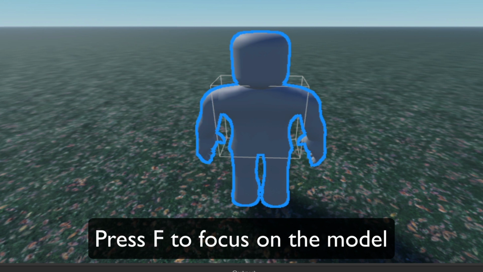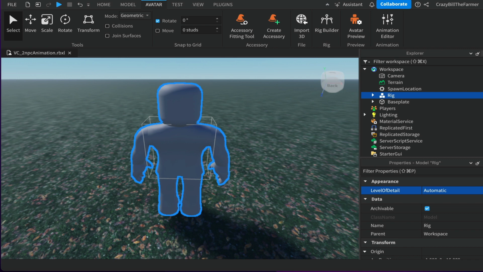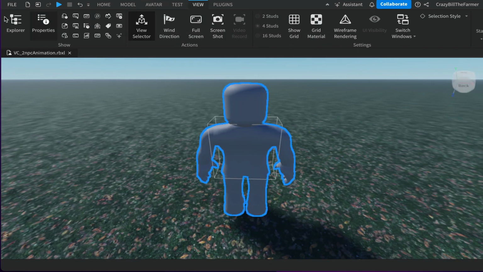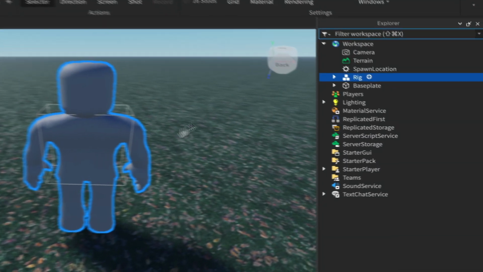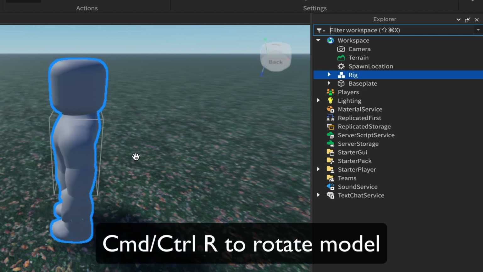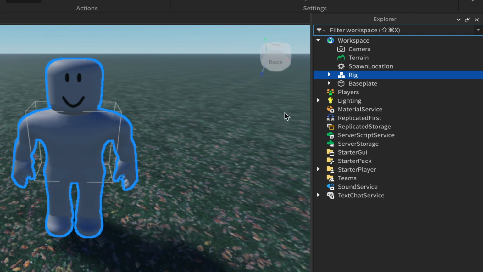Now to make a bit more space, we can close the output window. And for now, the Explorer and Properties window, actually, I'll bring up the Explorer window because we're going to use that in a moment. Alright, so we've got this avatar we've brought in called Rig, and if it's selected, and we'll spin him around, so if you hit Command or Control R a couple of times while he's selected, that will rotate him 90 degrees at a time to bring him around. And as we're going to use two NPCs, we'll change the name from Rig here to NPC1,